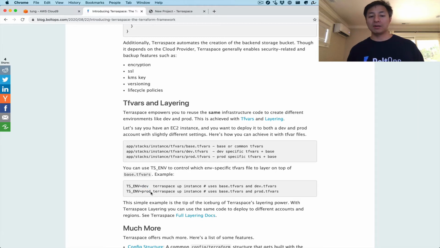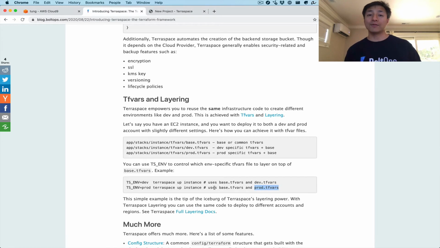So by doing TS_ENV=prod here with terraspace up instance, and this example is creating an EC2 instance, it's going to use base TFRs, and then it's going to layer with prod TFRs, right? And for dev, it's going to layer with base and dev. So that's how you use some common variables, and then layer environment-specific variables to create different versions of your infrastructure, like dev and prod, with the same infrastructure code. Now, this is a very simple example of layering, because